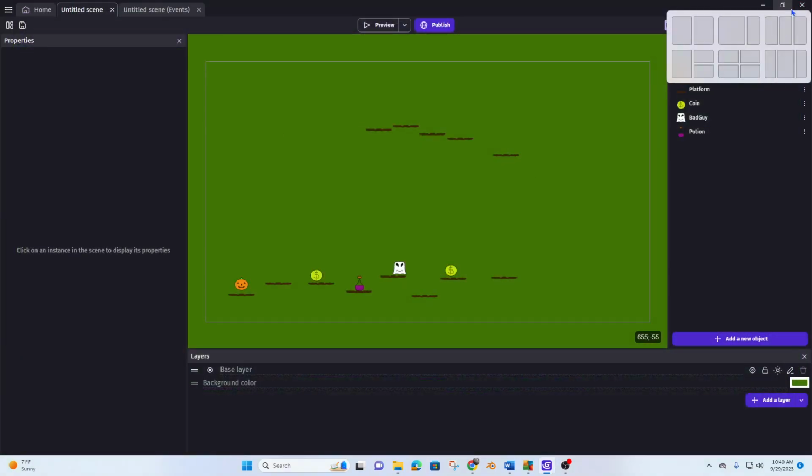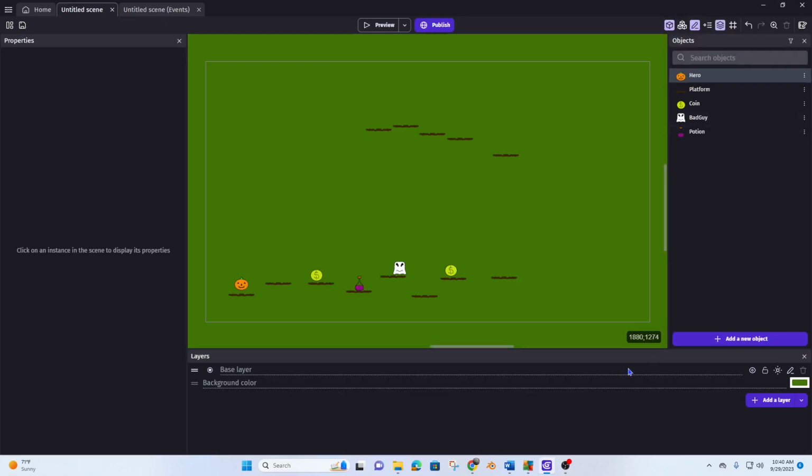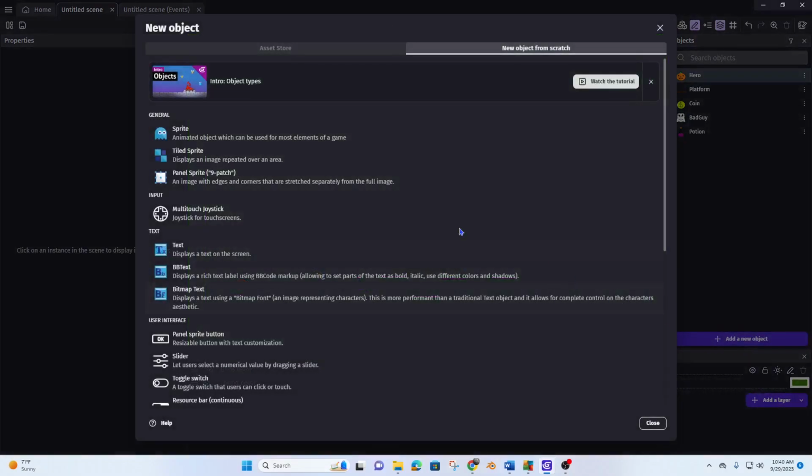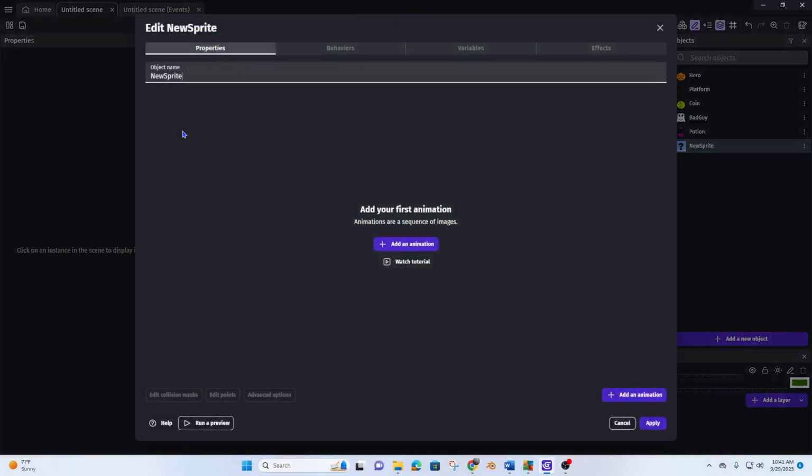Next thing we want to do, let's go ahead and create an area that if the pumpkin touches, he respawns or dies. So what I'm going to do is I'm going to add a new object, sprite,